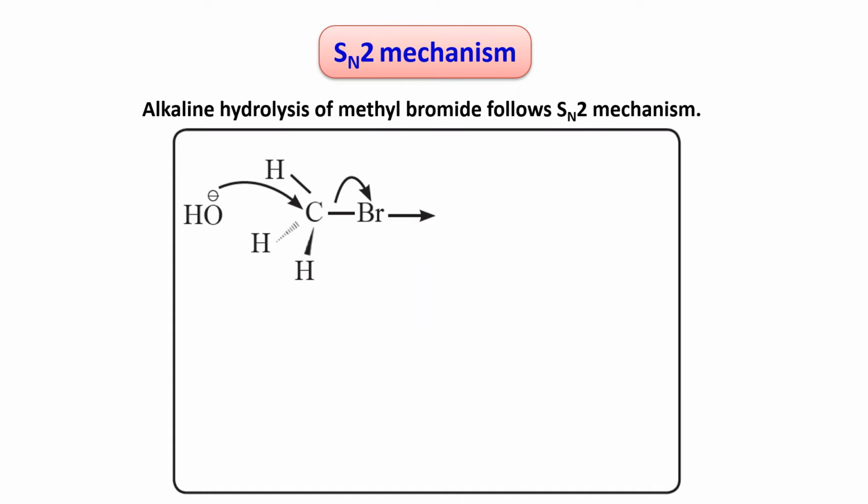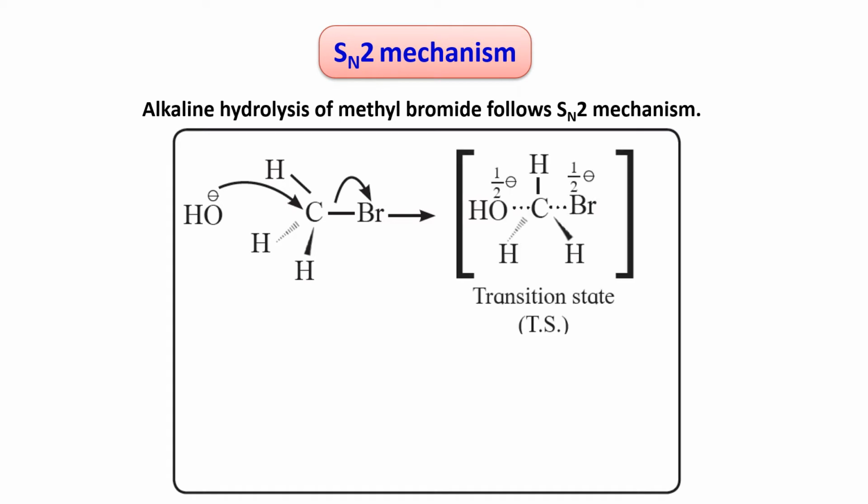As bromine atom is partially negative and the nucleophile OH- is a negatively charged ion, to avoid electronic repulsion and also to avoid steric hindrance, that is repulsion due to bulkiness of the groups, the nucleophile attacks from backside. As the nucleophile OH- attacks the carbon of methyl group, a bond begins to form between OH- and carbon. At the same time, a bond begins to break between carbon and bromine. This is shown by dotted lines.